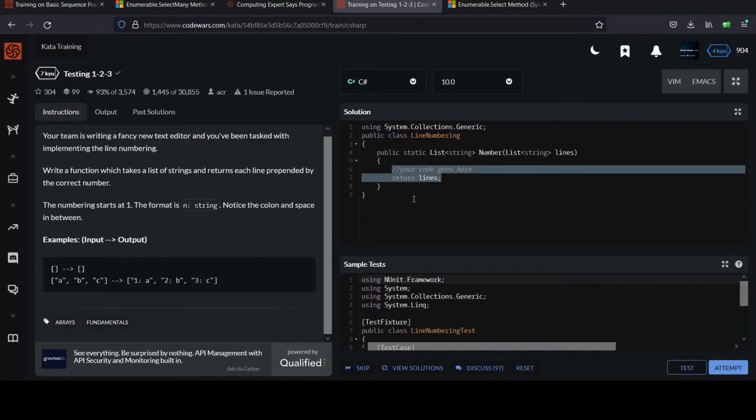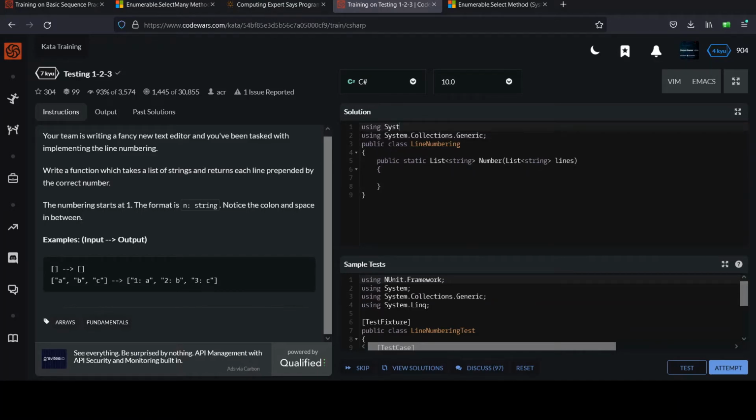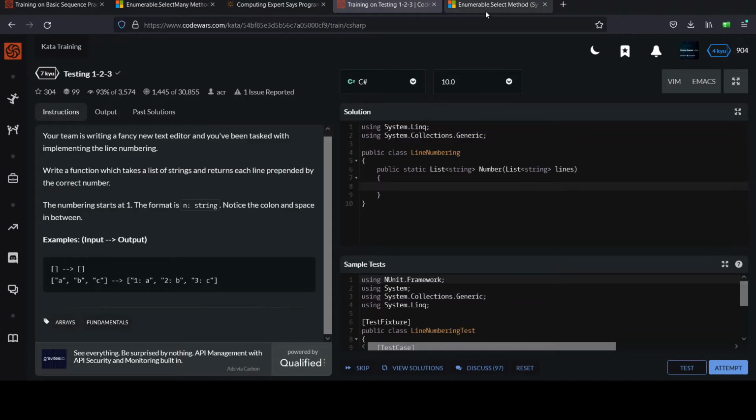All right, I'll go into solution. I'm going to use LINQ. I'll make it nice and simple. System LINQ, so we don't get yelled at. I like to have a space between my using statements there. And so what I'm going to do is, what are we doing here? We've got a list of strings and we need to modify them. And you can kind of think of that as transforming each line, or in terms of enumerable methods, sort of projecting the input into a new kind of